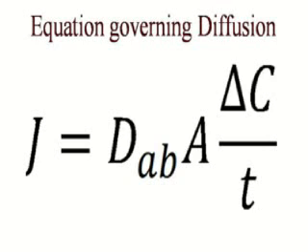Now the main equation that governs this process, diffusion mass transfer, is shown on the screen. Now we see that this equation states that J is equal to D multiplied by A delta C over T. Now what does each symbol represent? J represents the rate of mass transfer, which is kilogram per second, the amount of atoms transferred each second. D is a parameter called mass diffusivity. It is a parameter which describes the ability of the semi-permeable membrane, the membrane dividing the two media, to transport atoms.